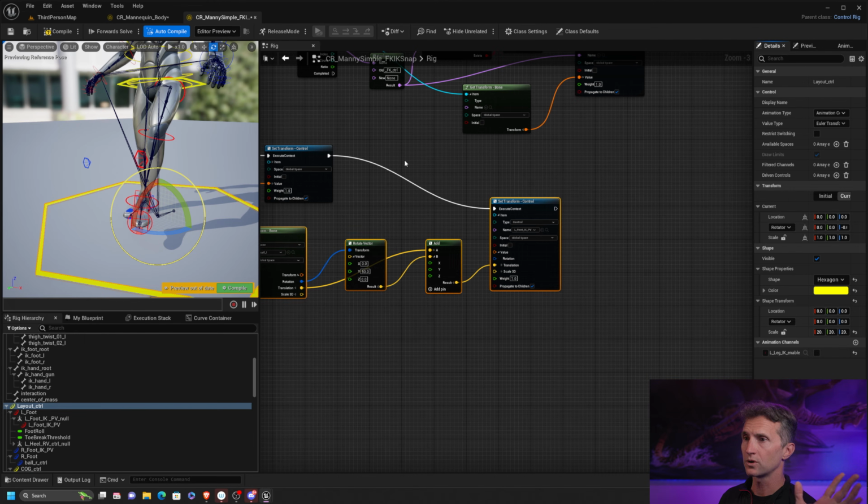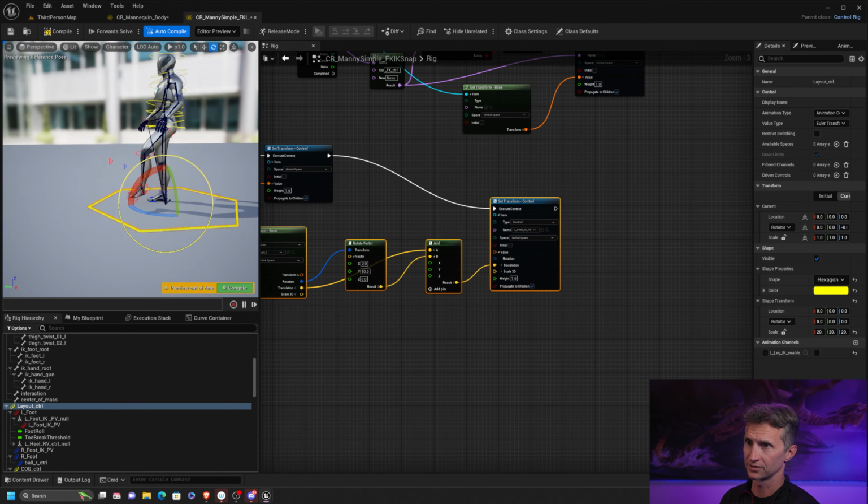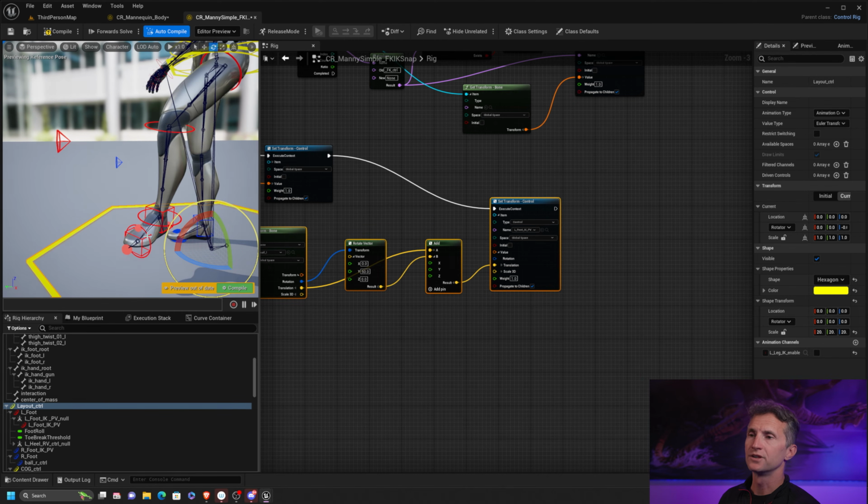So step one, we actually have a pretty good FK-IK snap. It's pretty sweet. But the trick, this is where it gets nuts. The trick in here is to deal with the reverse foot. And what I mean by that specifically are